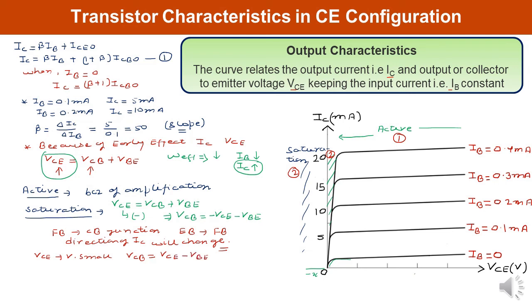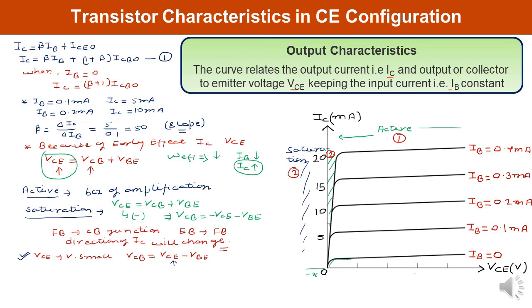You can observe from this equation, since VCE is very small, this potential VCB will be a negative potential, and this potential is not enough to make the diode reverse bias. It means the diode is still in the forward bias condition. So both diodes, the collector base junction and the emitter base junction, will be forward biased, and you say that this particular region is also the saturation region. You must remember this point because this value is very small, so overall the term is negative.